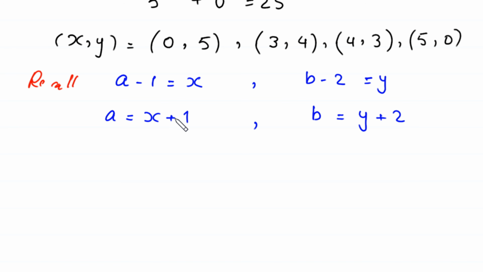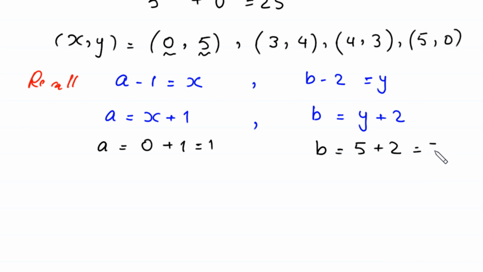Now by using these two equations and these values of x and y, we can find the values of a and b. So when x is equal to 0, then a will be equal to 0 plus 1 is equal to 1. And when y is equal to 5, then b will be equal to 5 plus 2,